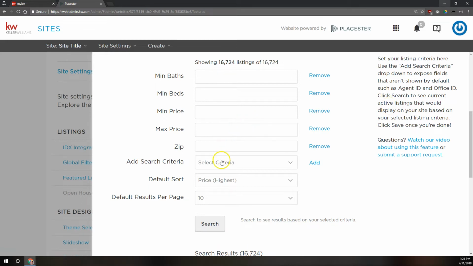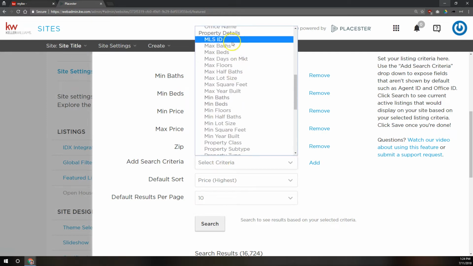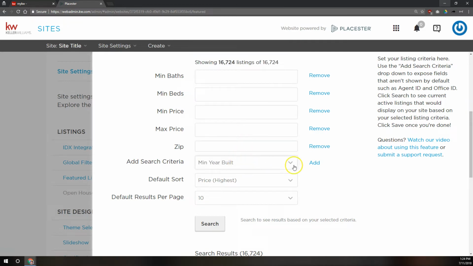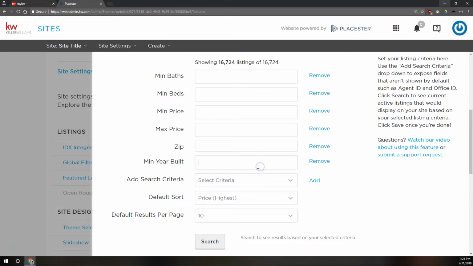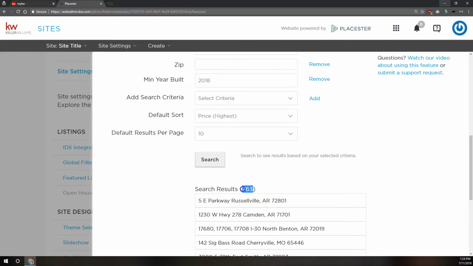So under my ad search criteria here, I'm going to click this drop down, and I'm going to scroll down to property details, and here's our min year built. I'm going to select that and click add, and I'm going to put in 2018 right here. So I'm going to search that, and there are only 763 homes that were built in 2018 in this Cooperative